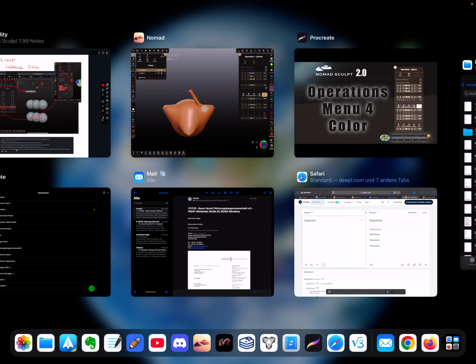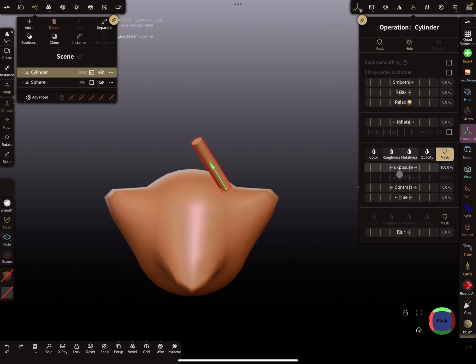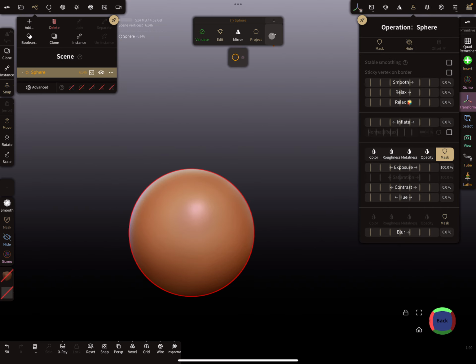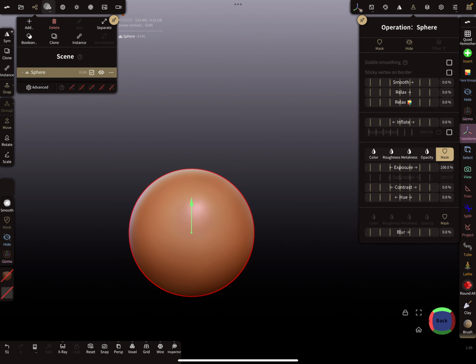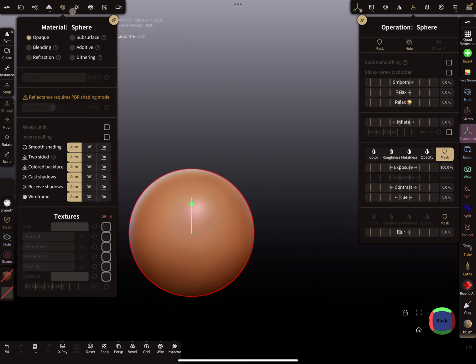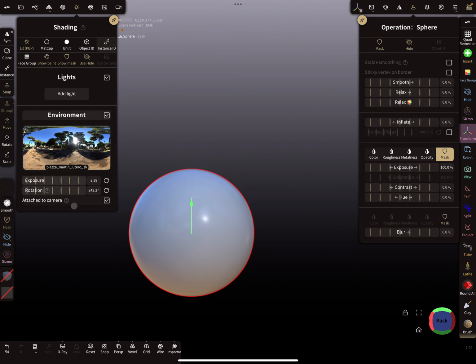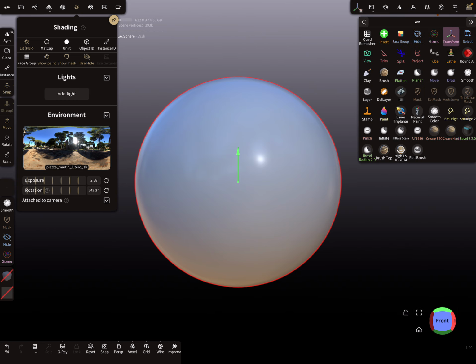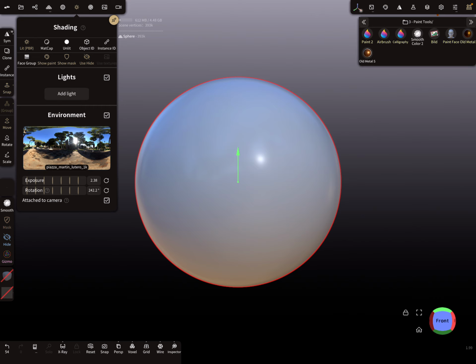Okay, so here in Nomad, this part of the menu. So I delete those things here and we need an example. Maybe like this. Okay. So we need color. I change here the painting menu, so I need a